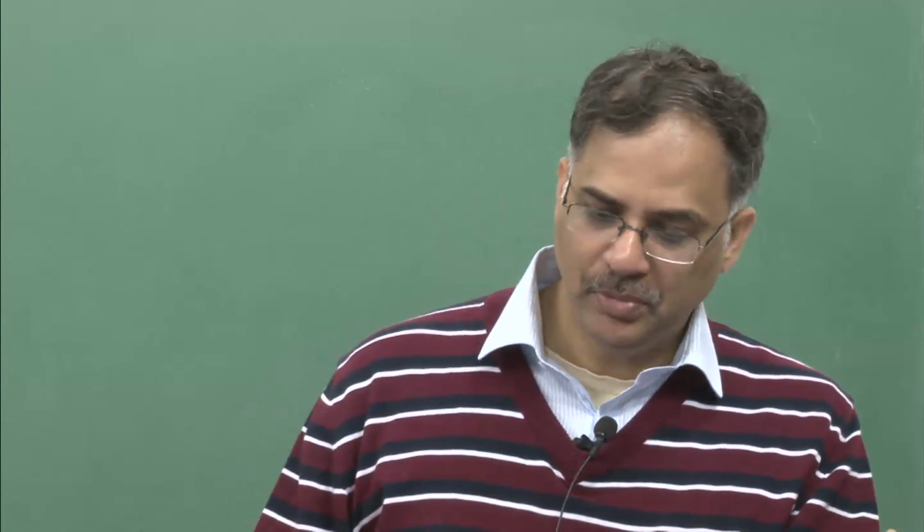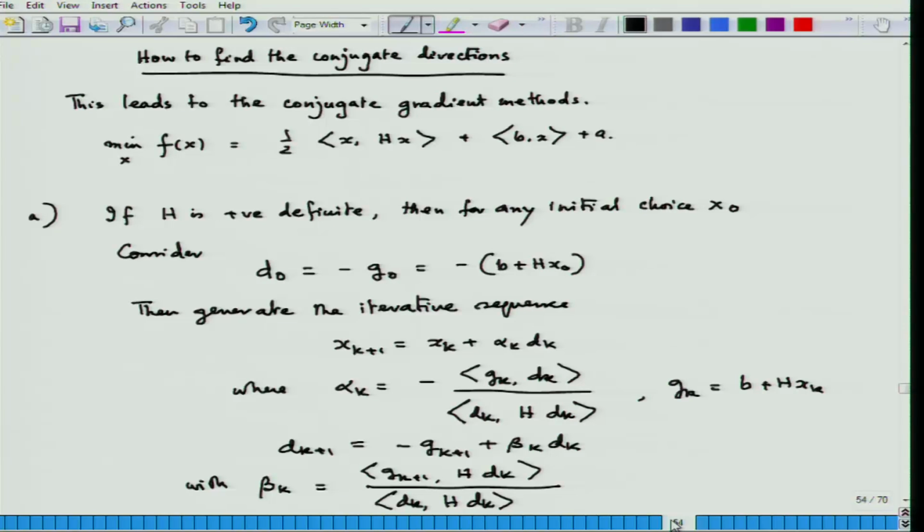In the last lecture on conjugate direction methods, our primary concern was how to find the conjugate directions, because we had already seen that if I know the conjugate directions, solving a convex quadratic problem with positive definite Hessian is a matter of n steps. But the question clearly lies in how I find such conjugate directions, and the method which we wrote down in the last lecture